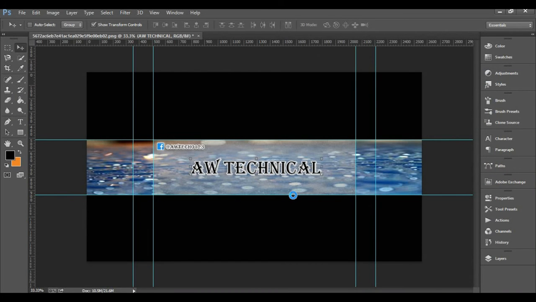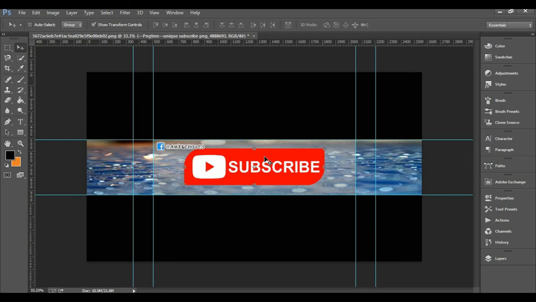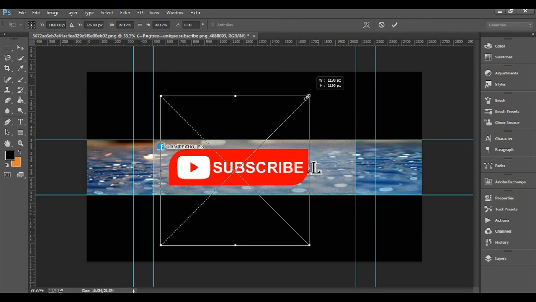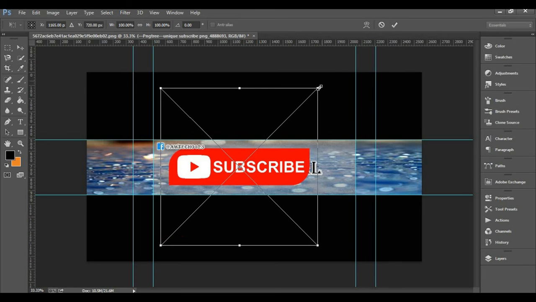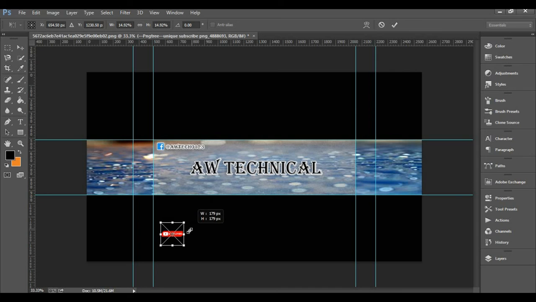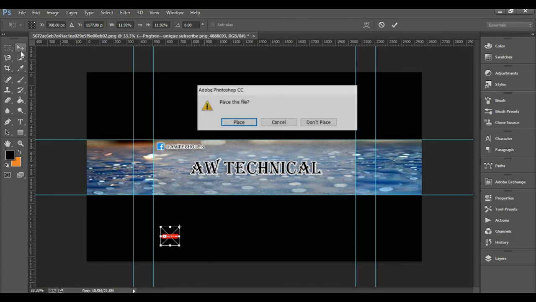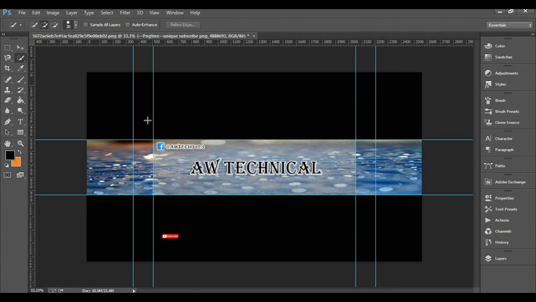Select. Here you have the icon. Adjust the size of the icon. Take and adjust here.